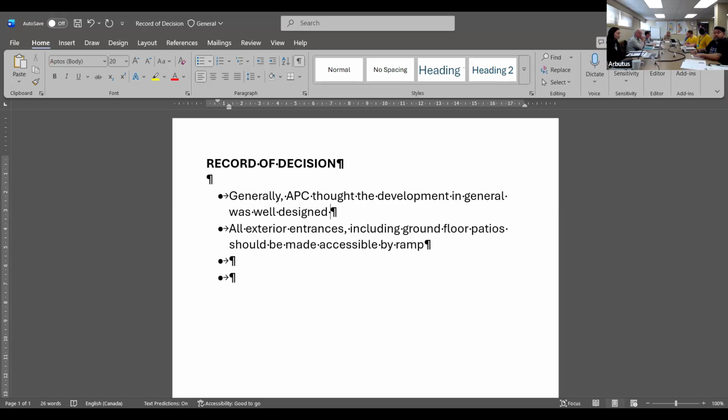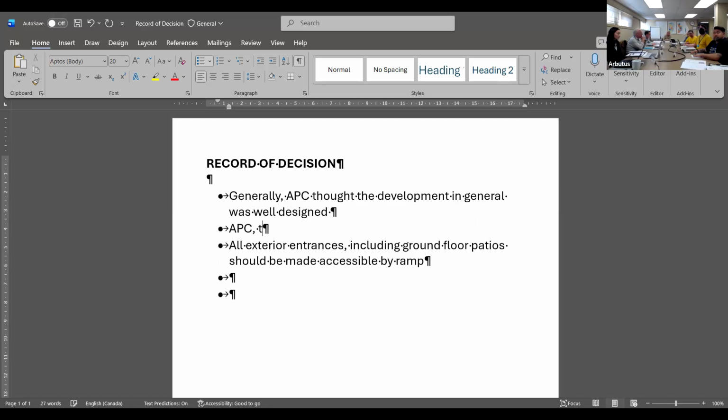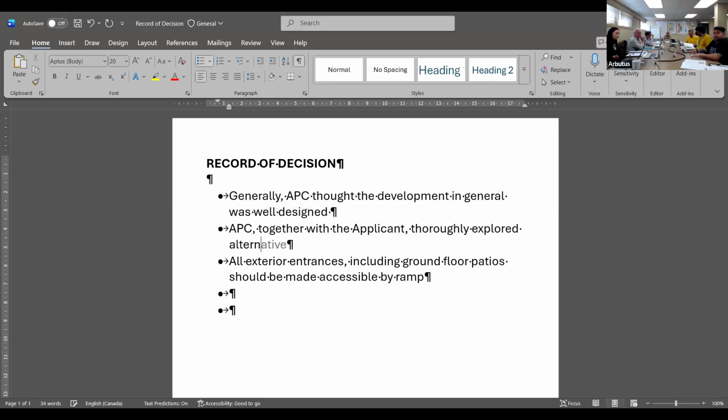I think the second point is that the APC, together with the applicant, thoroughly explored alternatives to the location of the driveway. You folks really dove into that one. Alternatives to the location of the driveway to the surface parking.